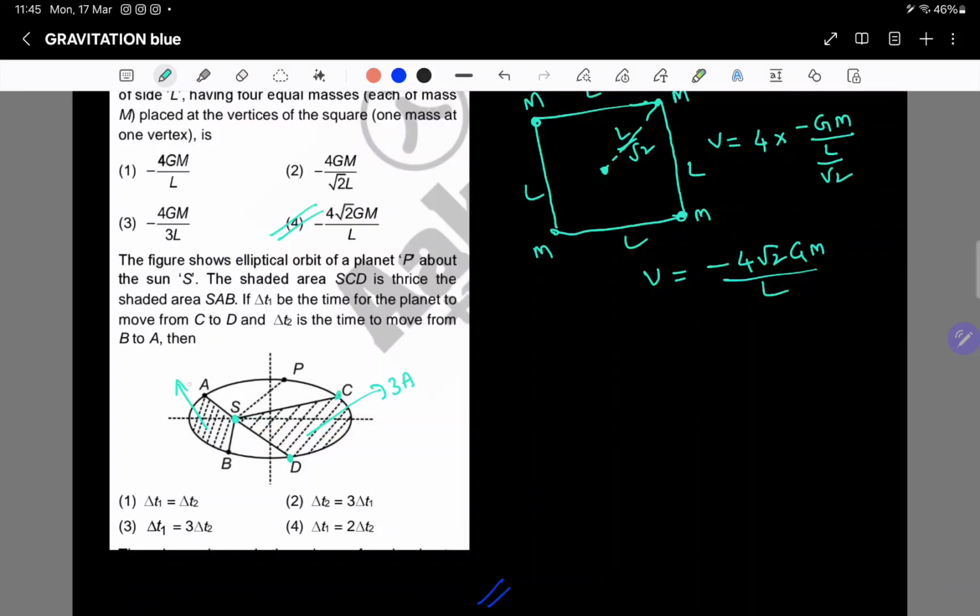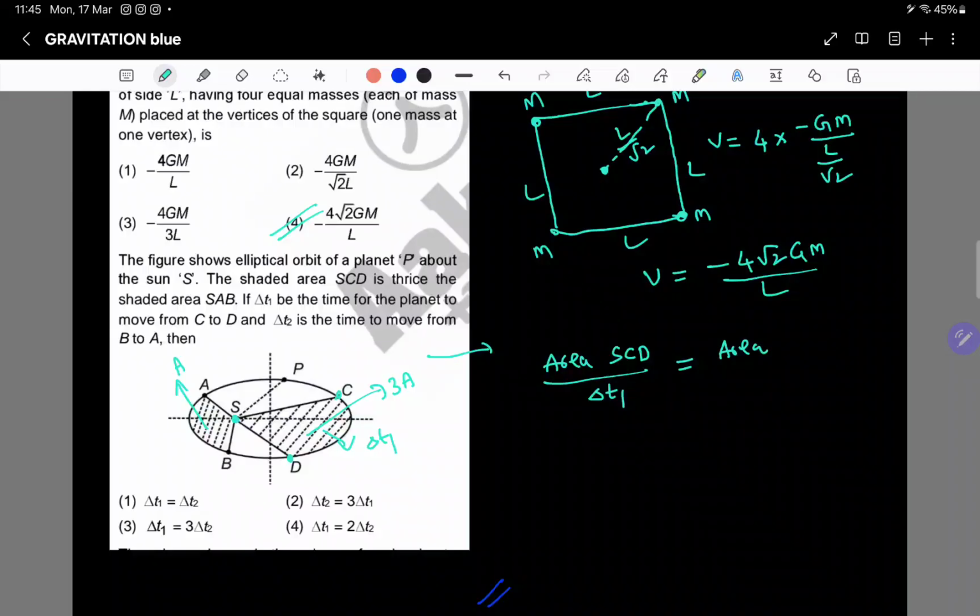Let us consider here it is A, then here 3 times more is given. The areal velocity of the radius vector remains constant, Kepler's second law. That means area of SCD by the time interval, let us consider delta T1, students. This time interval delta T1 equal to area SCD